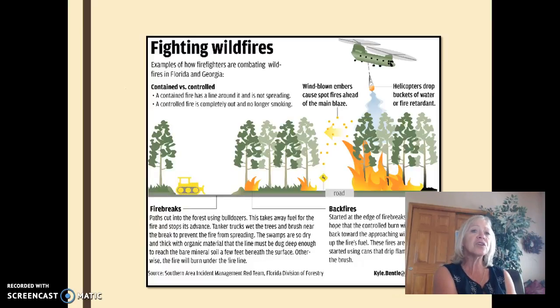Fighting wildfires includes fire breaks and backfires and helicopters dropping buckets of water. Contained versus controlled. Contained means it has a fire line around it and it's not spreading. A controlled fire is completely out and no longer smoking. So we use bulldozers, we use orange slurry, we use all kinds of different techniques, but this is just another